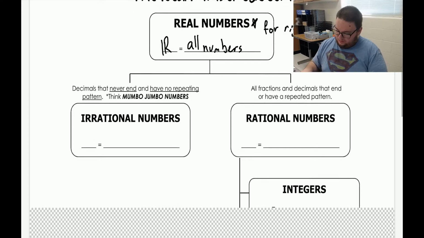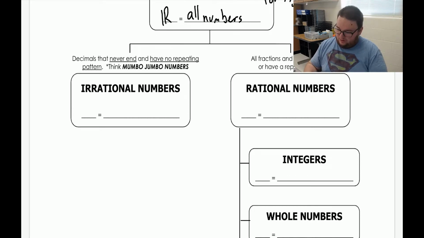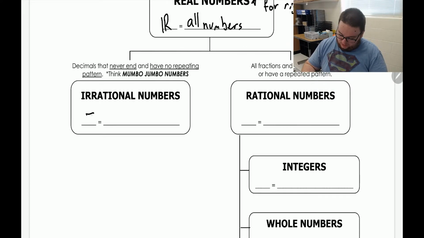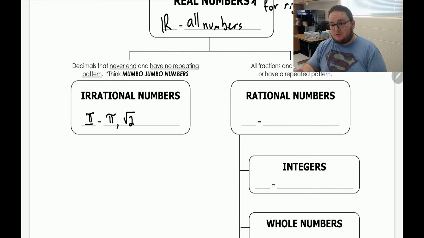So if we look on the left side of this worksheet, we have the irrational numbers, and irrational starts with I. So mathematicians who came long before me decided that a double scripted I is going to create the set for this. And then some examples we have would be pi. We also have the square root of 2. It's actually a very famous number, mostly because